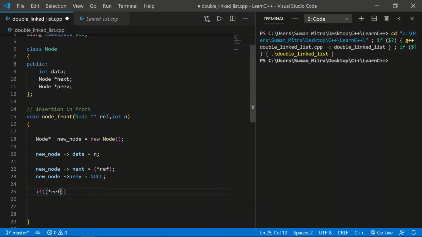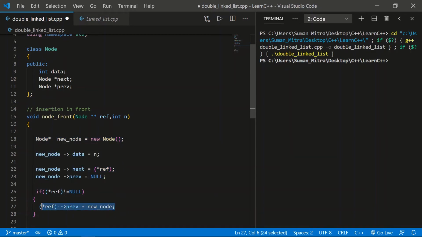Now we'll add some condition, like if the past reference is not equal to null. First of all it was null, you can see we added straight into null, but if it is not null, what is the functionality that you should program? Now what we should do is make the reference passed in the previous one point to the new node, because